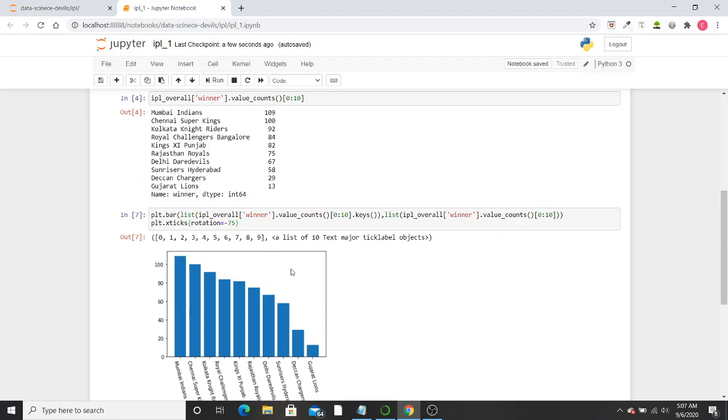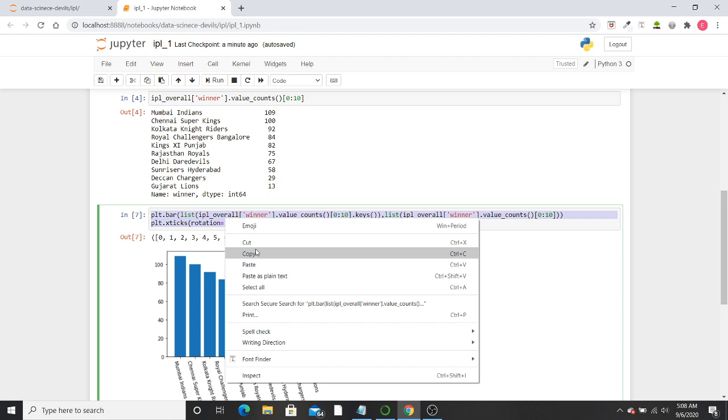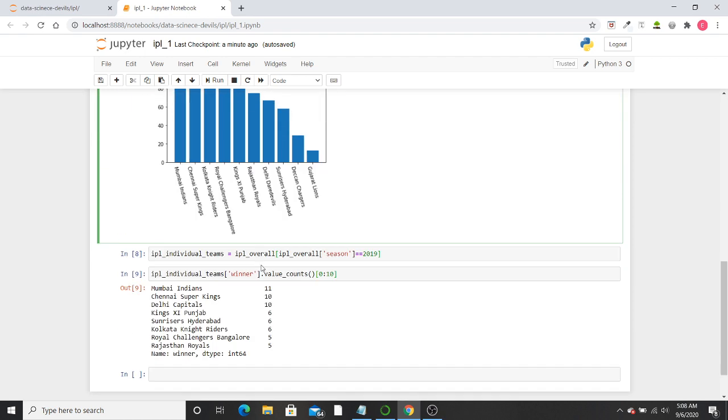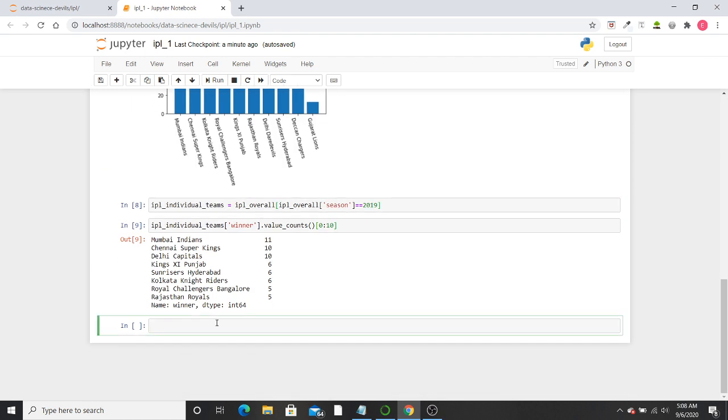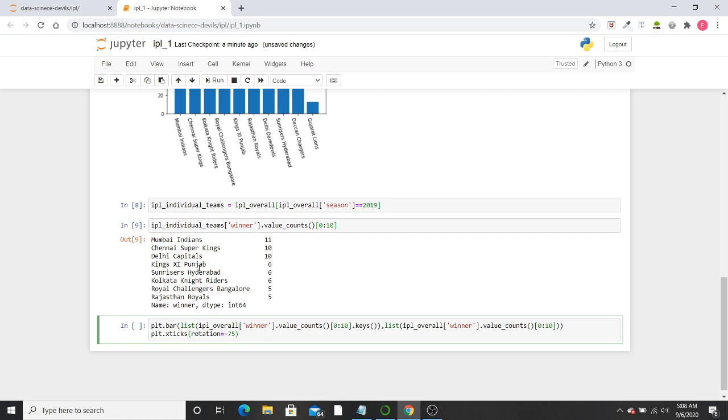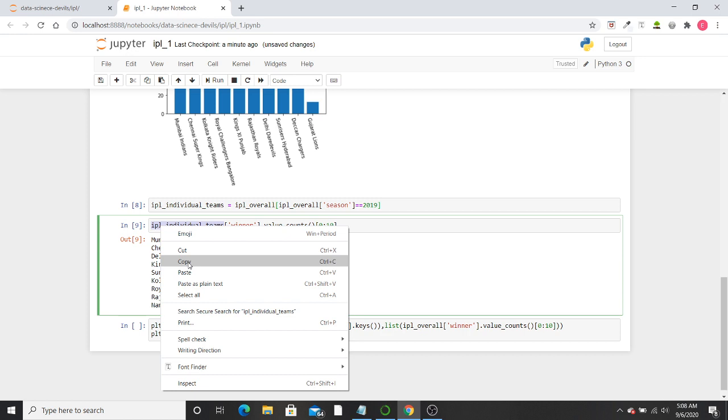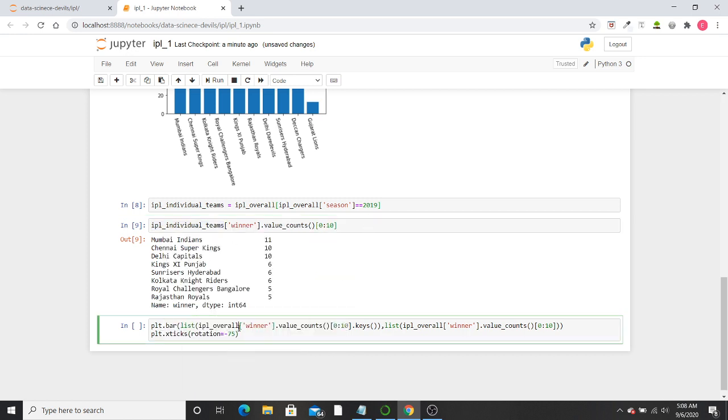So again for visualizing, we'll again copy this, paste it here, and we need to change the object's name.